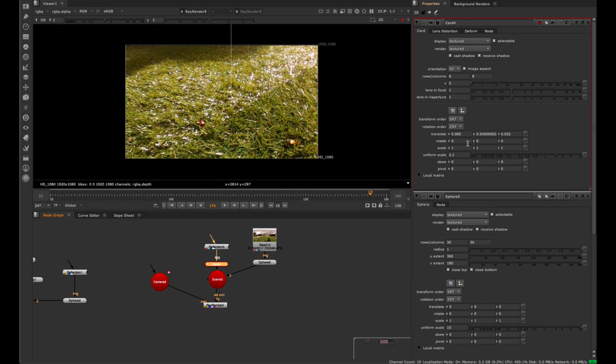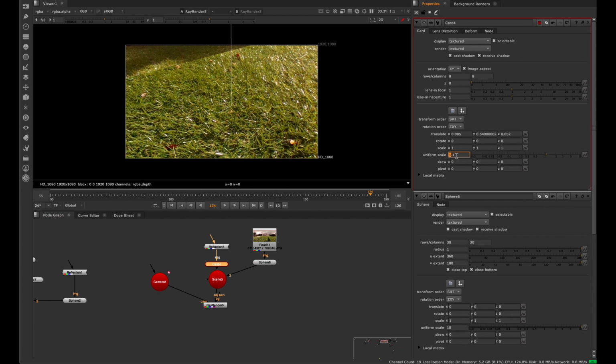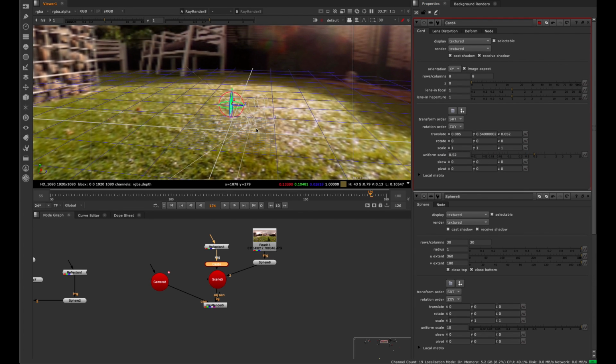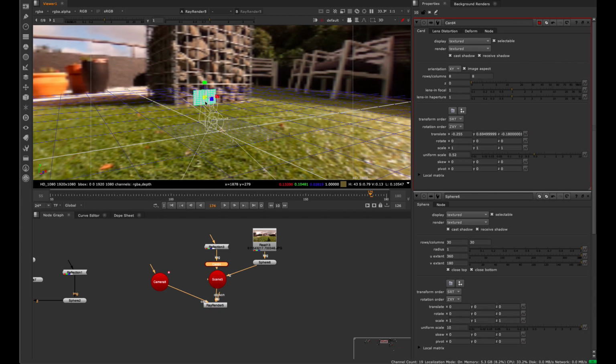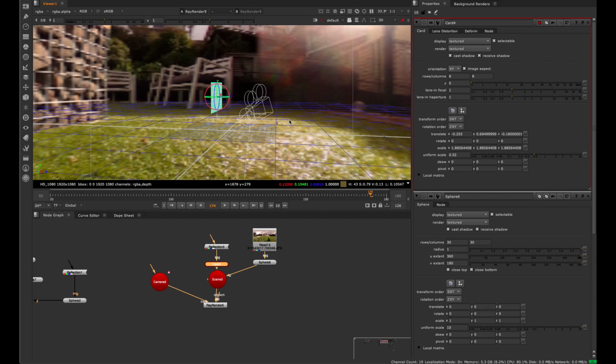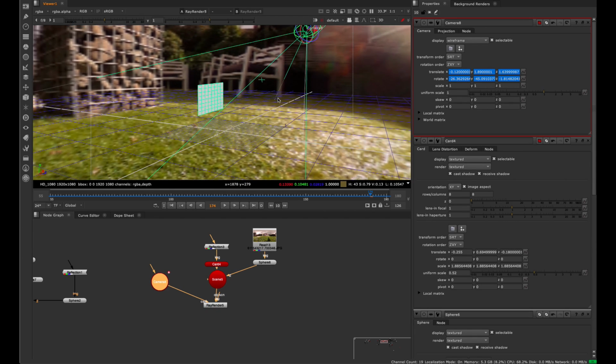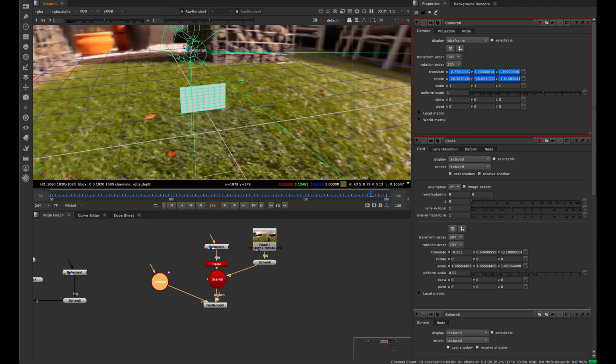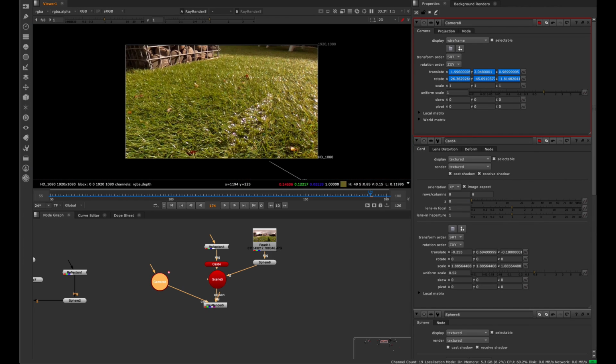And if we reduce the size of our card, we're going to see what's happening here. This is kind of hard to see, so I'm just going to reduce the size. So here's our little reflective card, and here's our camera. That is automatically going to reflect whatever is opposite of it. If we're looking at this, it's a little hard to see, but this card here is reflecting the